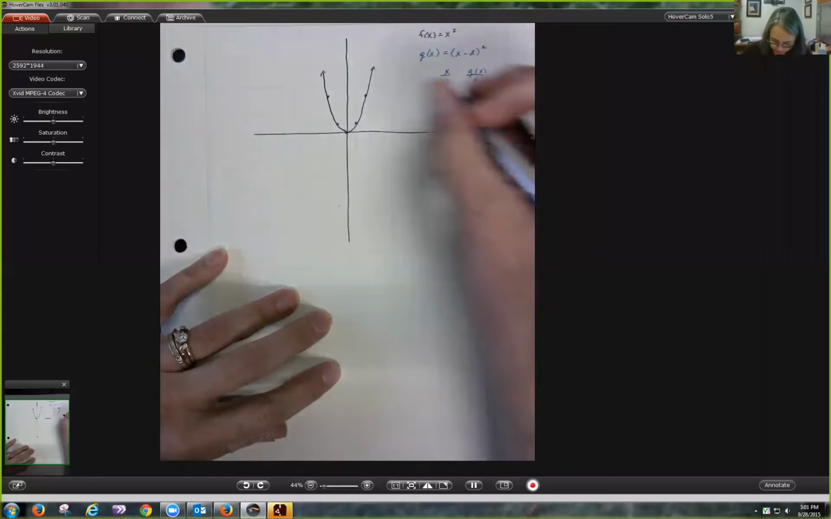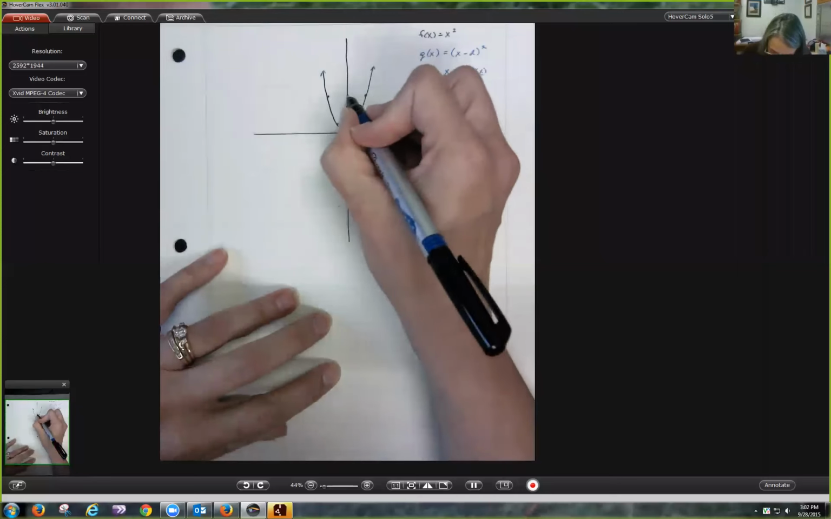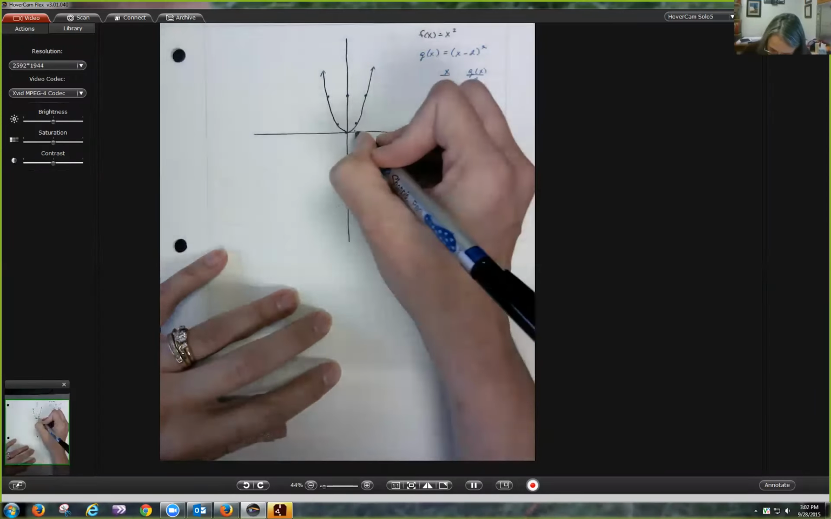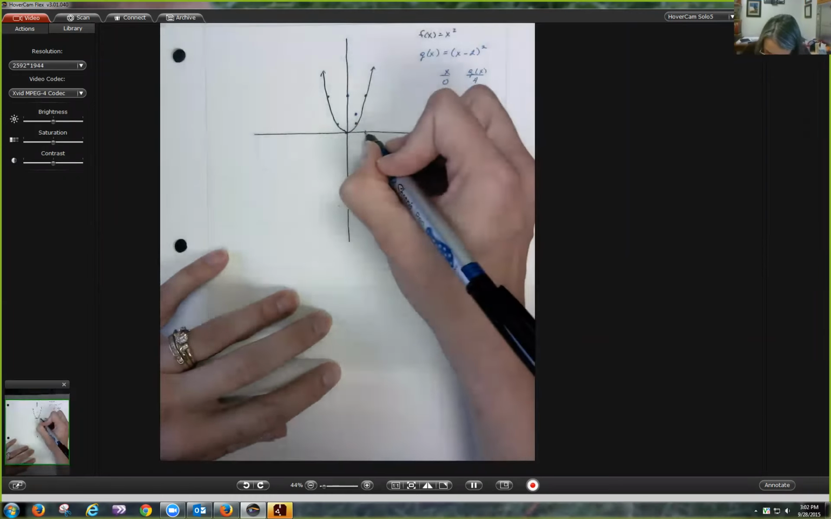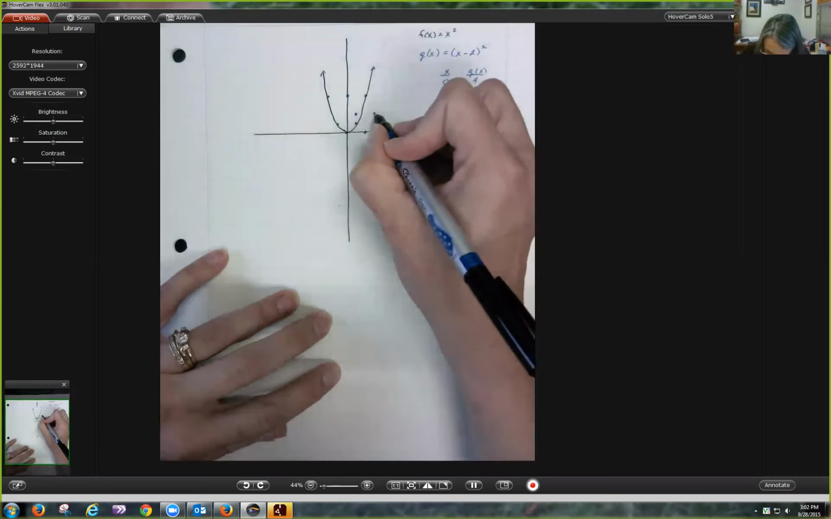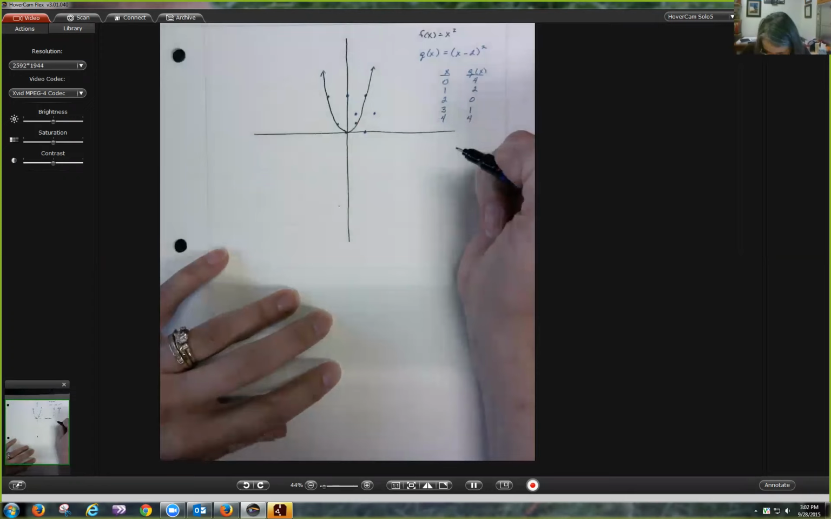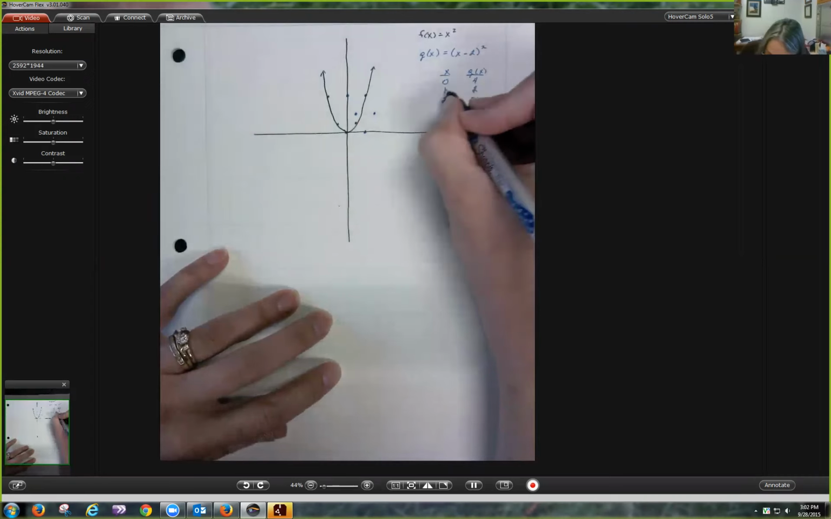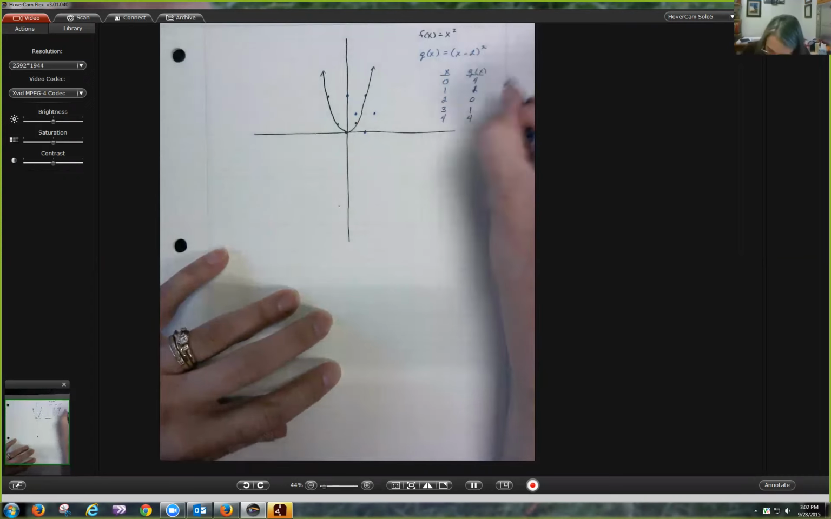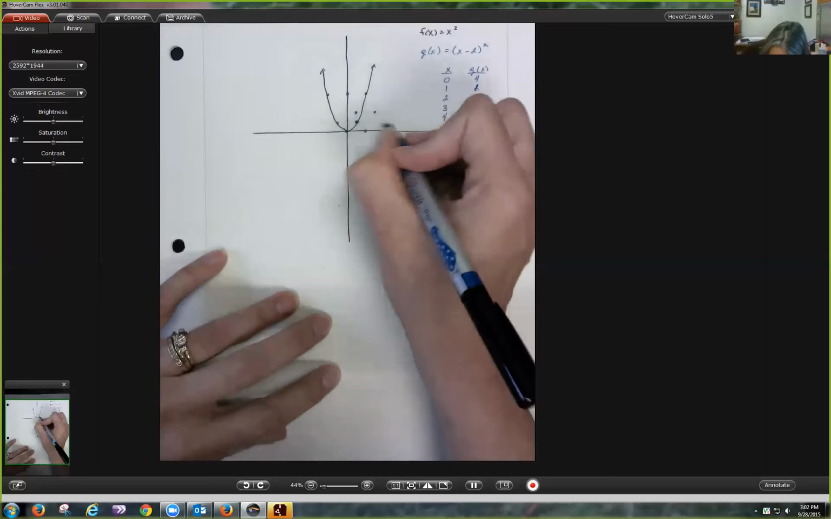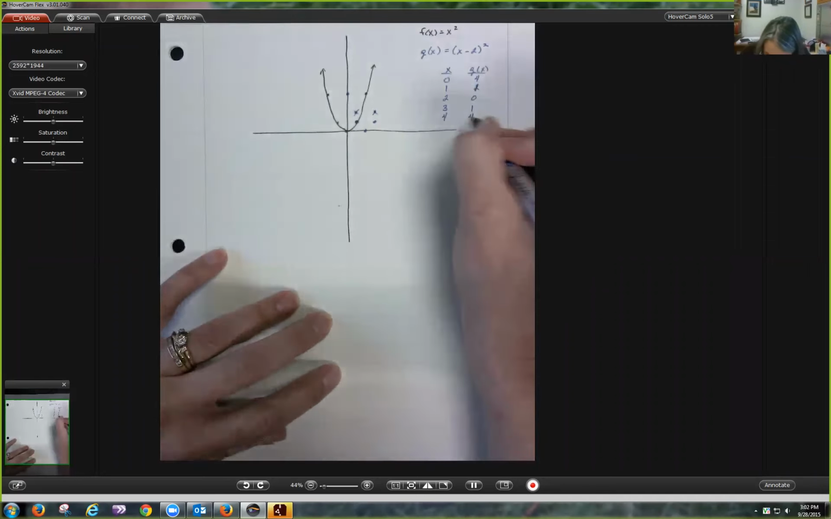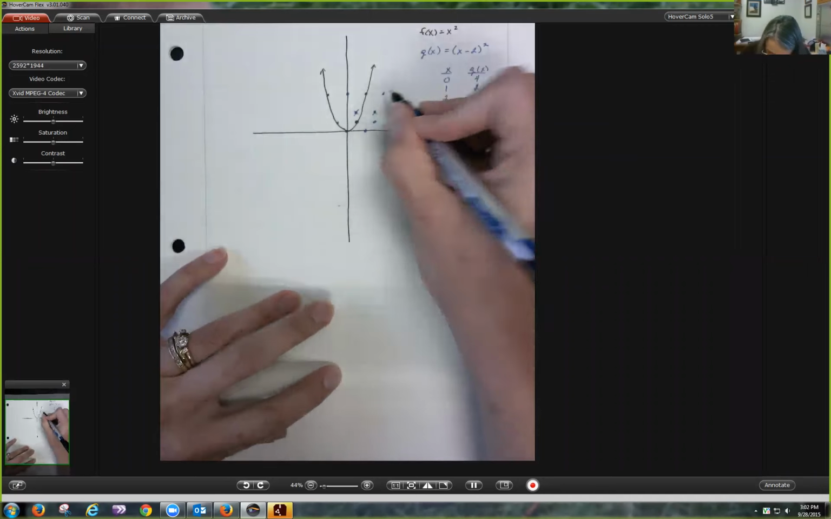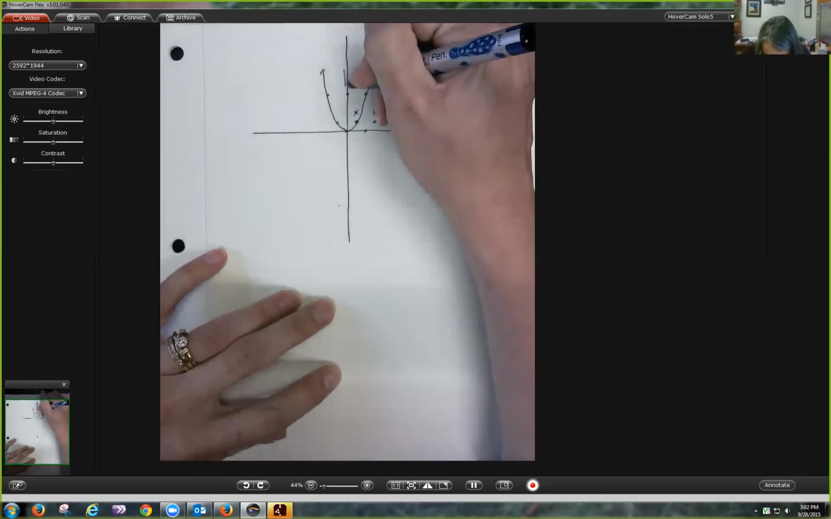So if we graph those points, 0, 4; 1, 1; 2, 0; oops, sorry. This is 1. 1 minus 2 is negative 1 squared is 1. So this should be 1, 1. So ignore that point and that point. And then 4, 4. So my parabola